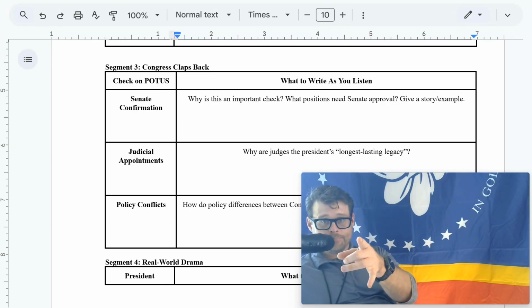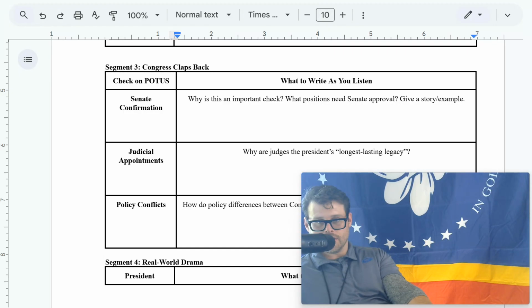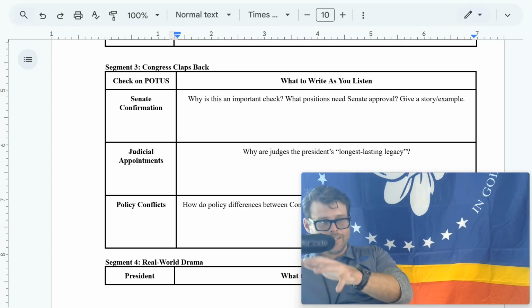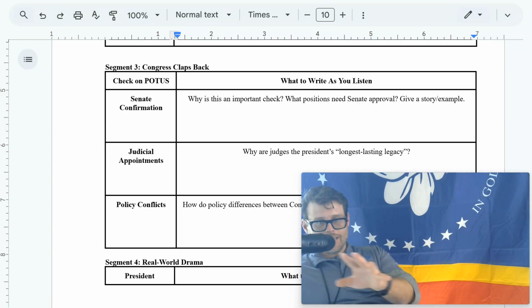Decades from now, those decisions are still shaping abortion rights today. Dobbs v. Jackson Women's Clinic, anyone? Roe v. Wade getting struck down, anyone? States get to choose their own abortion laws, anyone? Gun laws and federal power, this is all going to be decided in the courts. And that's legacy right there, guys.